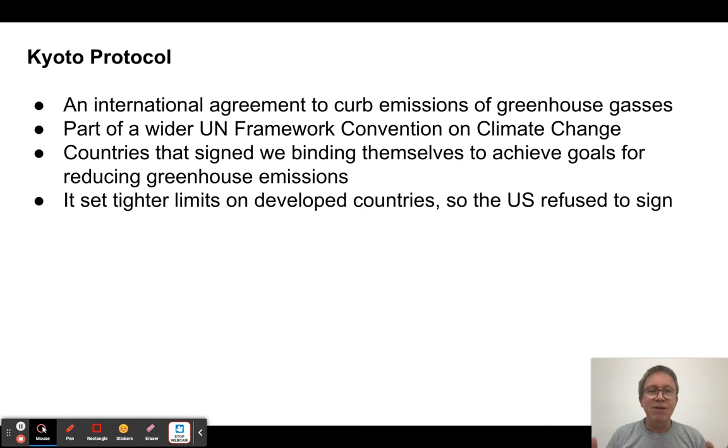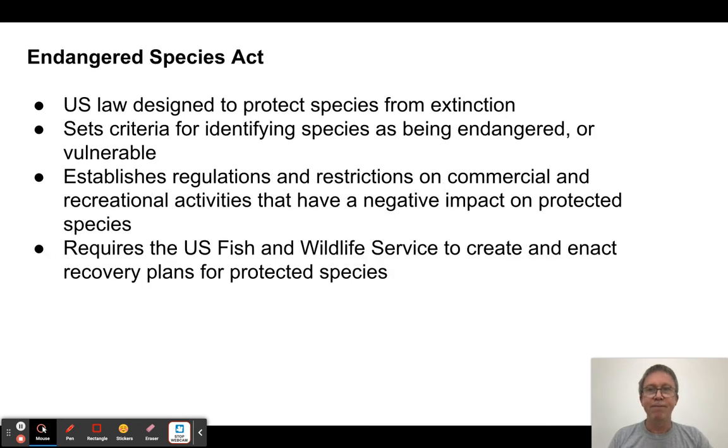change, right? And as a result of that, the conservative factions in the United States said, well, then we're not going to sign it. So like one of the world's biggest, at the time, the world's biggest contributor to greenhouse gas emissions was the United States, and they didn't sign on. And so this one has not been nearly as successful, but it's a start. And there's been follow-ups, but this is the one you need to know about.